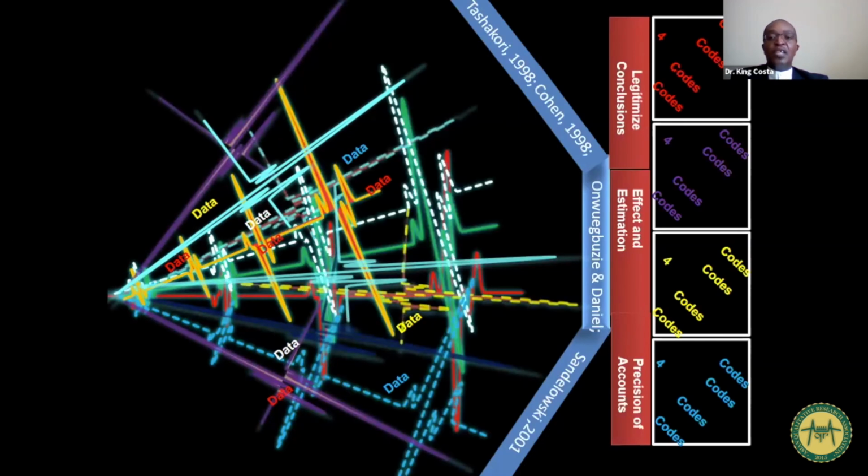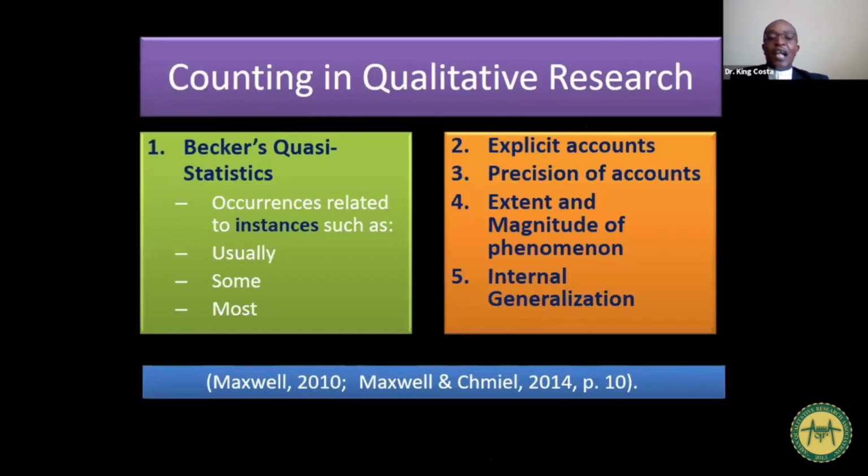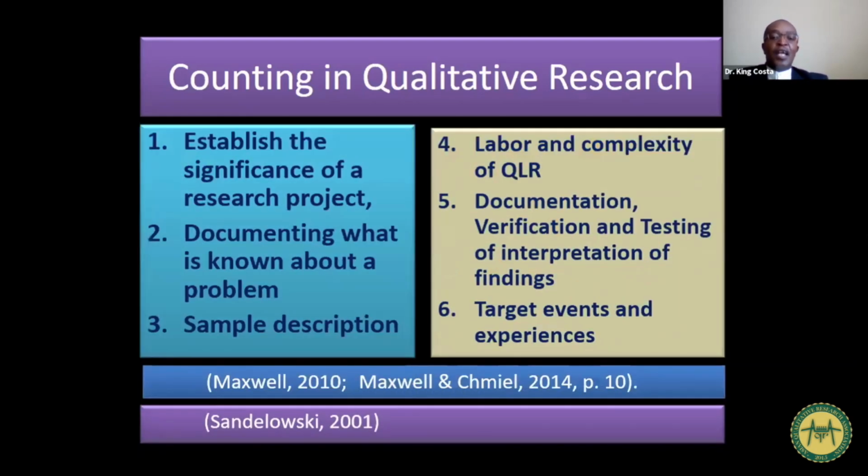And I'll just be showing you a few articles. But right, so we count. One of the propositions by Maxwell was Becker's quasi-statistics. But you've got Sandelowski, you've got Thorne, you've got Cohen, you've got quite a number of these established researchers in the qualitative dimension proposing the best use of our quantizing ability, because we do use these numbers from time to time. And you'll see again, to establish the significance of the research project on its own,